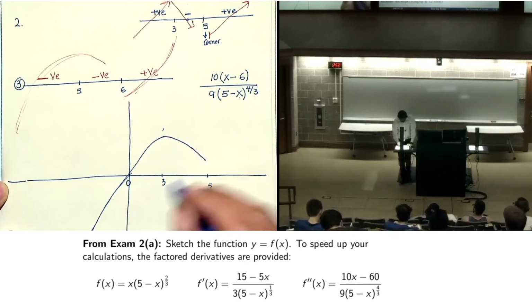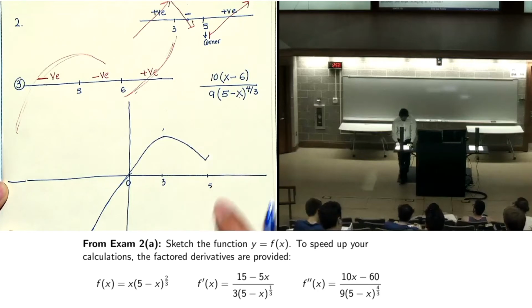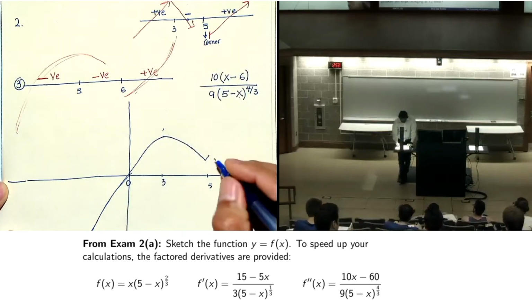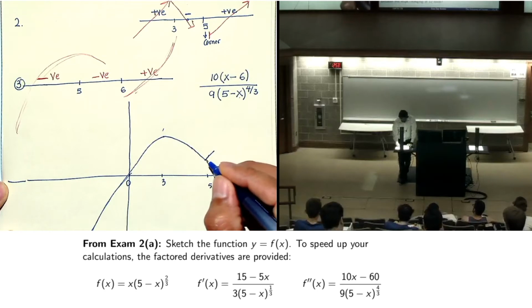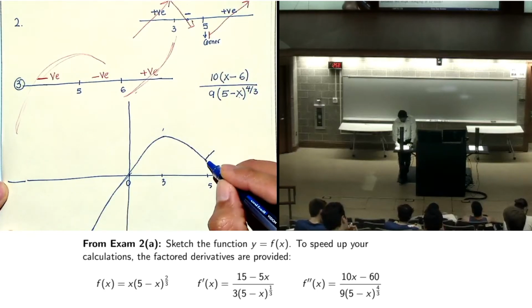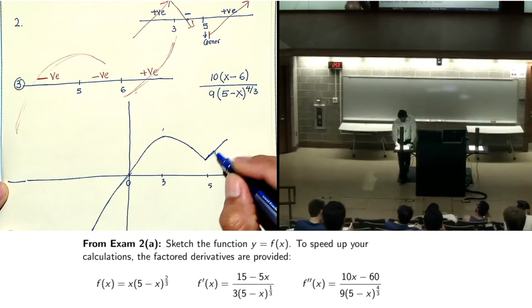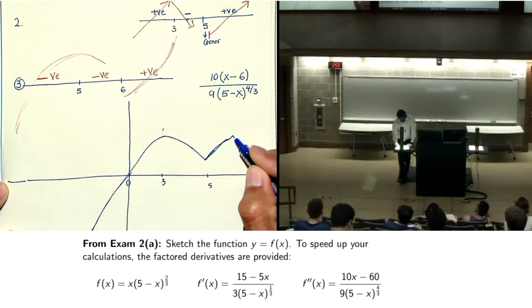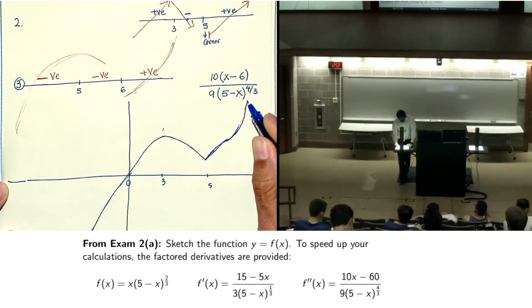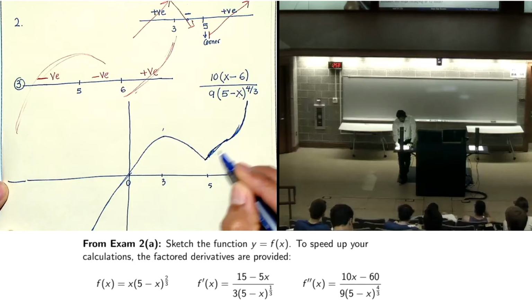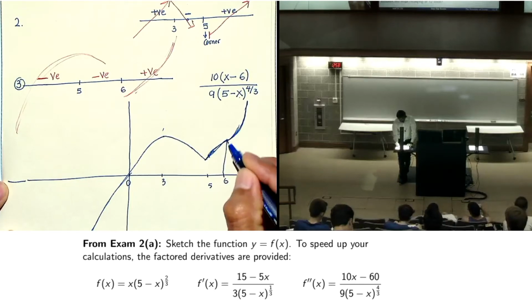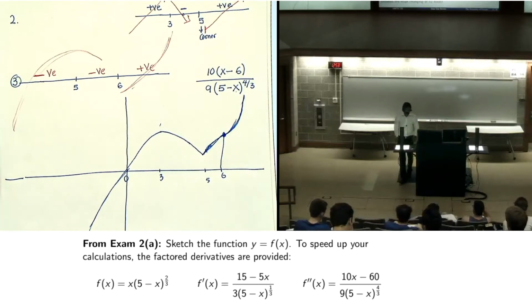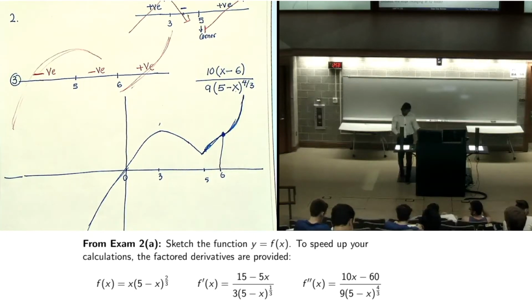And the function has some sort of corner at 5. And then the function starts increasing from 5 to 6. But it's still downward from 5 to 6, and then it becomes upward. It's like that. The minor point of inflection is at 6. 6 is the point of inflection. Any question? Yeah, you have to keep all three pieces of information in your mind at one time